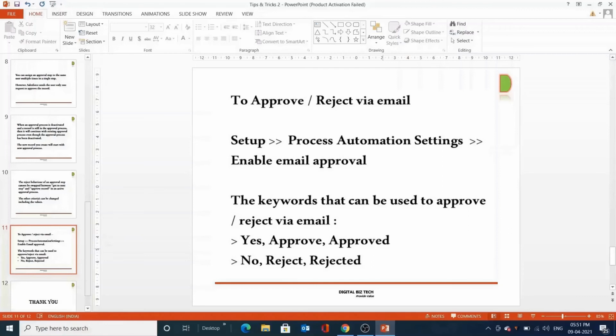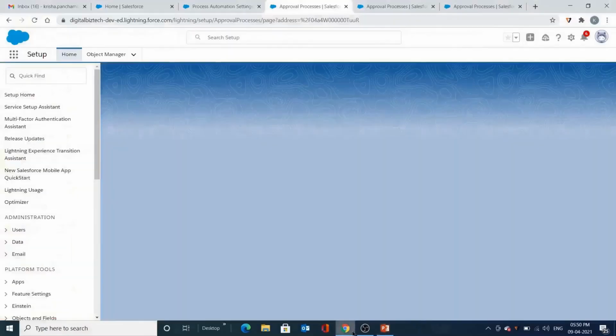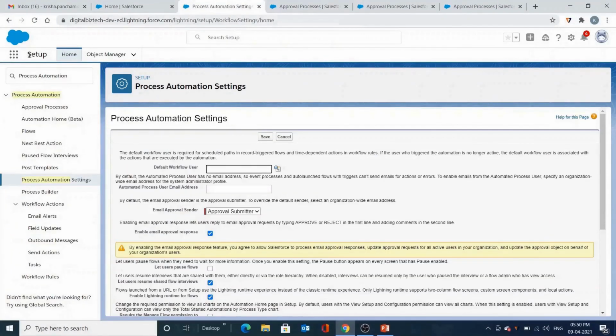You can set up your record in such a way that you can approve or reject via email. This setting can be found in the setup under process automation settings. Let me go ahead and show you. Under setup, when you type process automation settings,